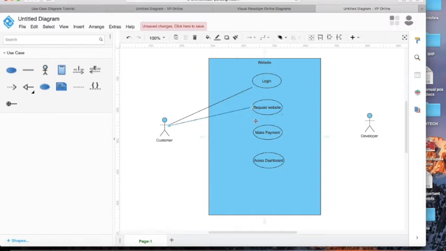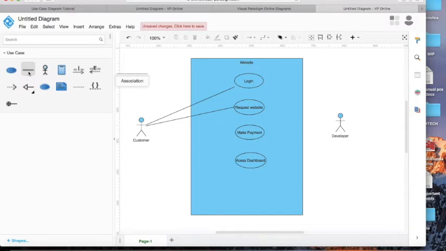Yeah, customer can request the website. Now the developer will have access to the dashboard, because he'll be checking whether all the things are correct or not.